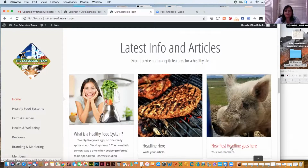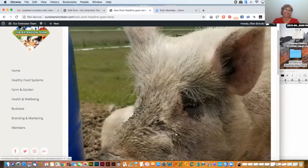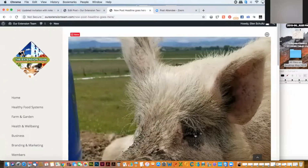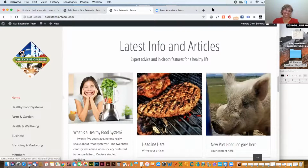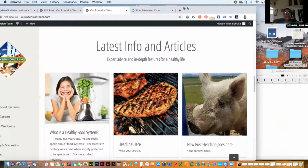So I can't tell which pig that is from here. Is that Big Ball? No, that's Ham. He looks small. Oh, that's him. He always gets in the back of the truck, so I gotta. Really? I cannot wait to meet your